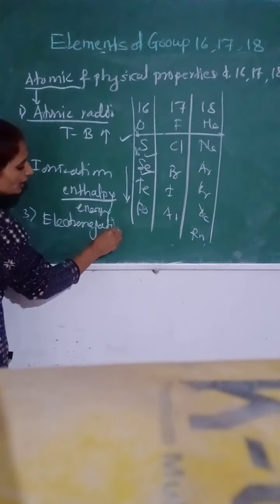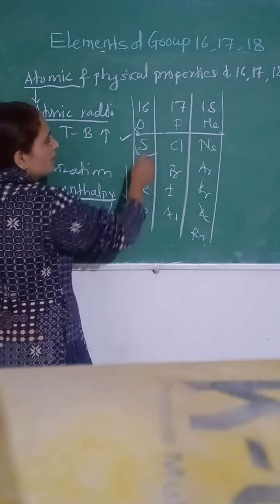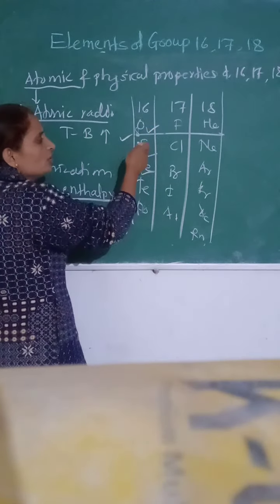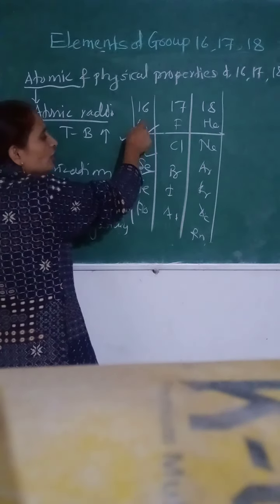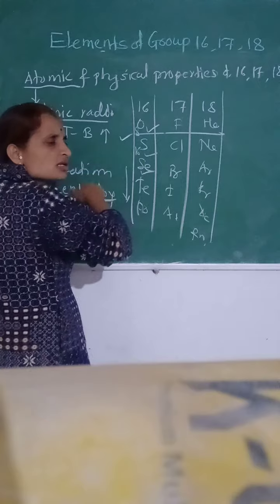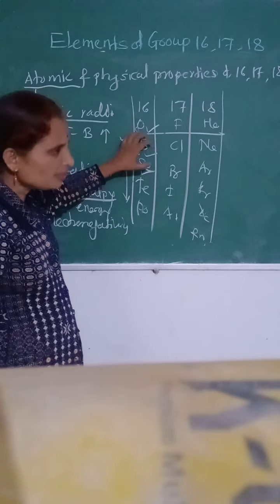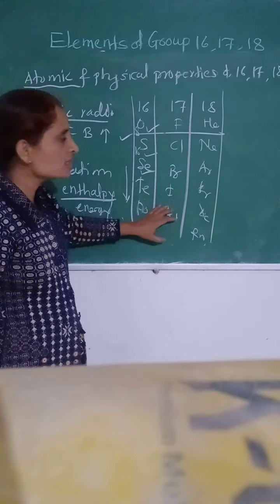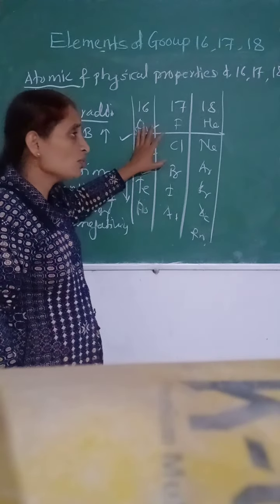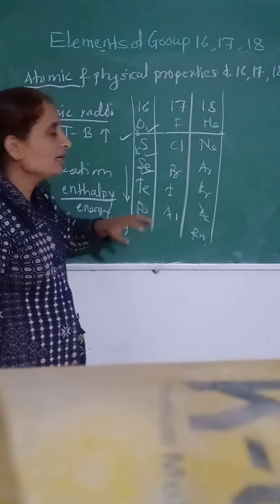Electronegativity. Now, electronegativity means, going from top to bottom here, oxygen is more electronegative than sulfur. म्हणजे ऑक्सिजनची इलेक्ट्रोनेगेटिव्हिटी जास्त आहे कोणापेक्षा सल्फरपेक्षा. Means oxygen has more electronegativity than sulfur, that means it will decrease from top to bottom in group numbers 16 and 17, but from left to right